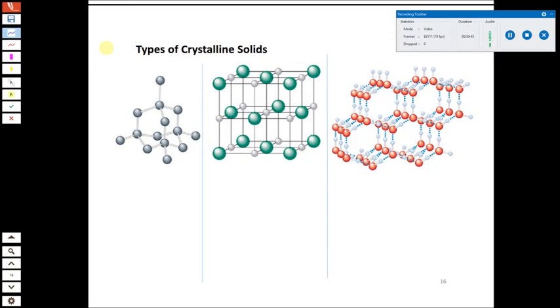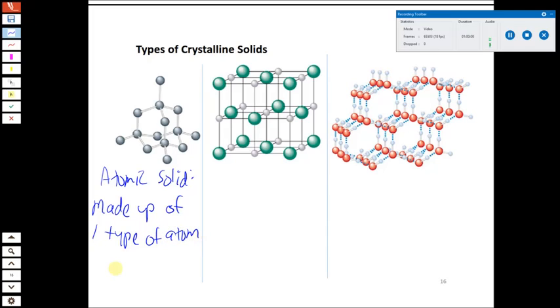and really only for 2 of these types are we going to define the structure in any level of detail. So one type of crystalline solid is an atomic solid. And this is, as the name implies, made up of just one type of atom. So basically, the examples of atomic solids are just about every element that exists as a solid on the periodic